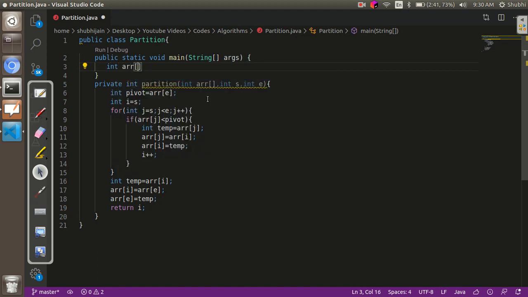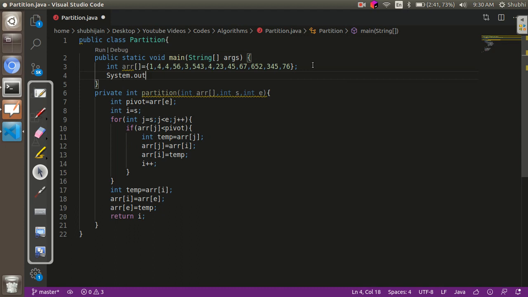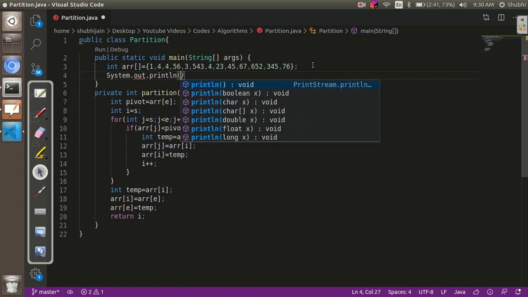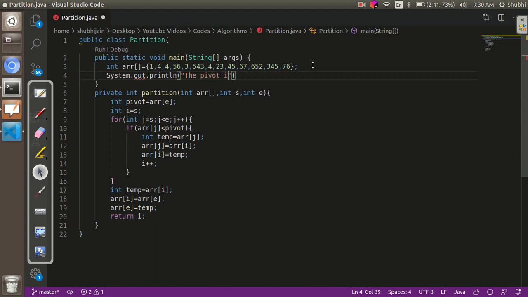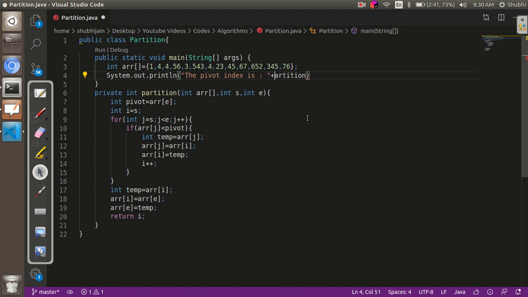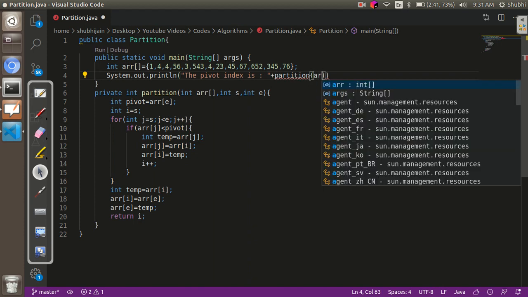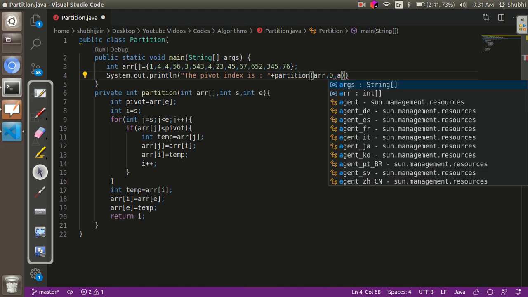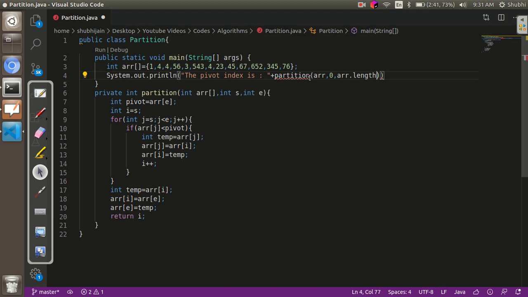So over here I'll make an array. I'll send the starting index and the ending index.